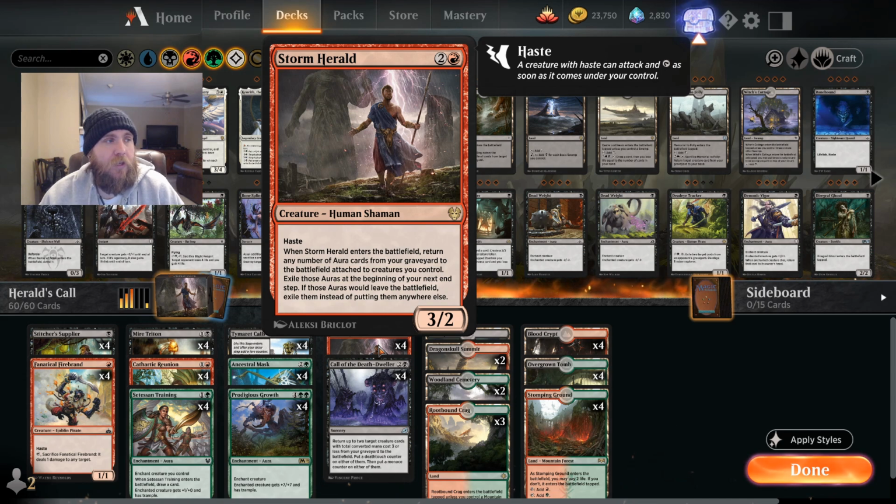We can put them all on him, which is typically what we do. Or if we need to, we can put them on a different creature or a combination of creatures. But typically you just throw them all on one guy because you want one giant trampler to get in. The only other part of him is that if those Auras would leave the battlefield this turn, they get exiled. So basically, you swing through. If you don't have trample, they're just going to block,